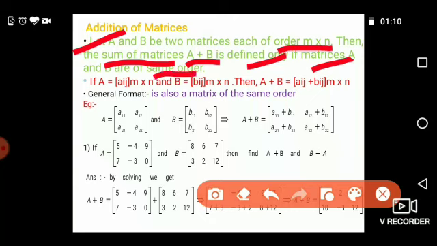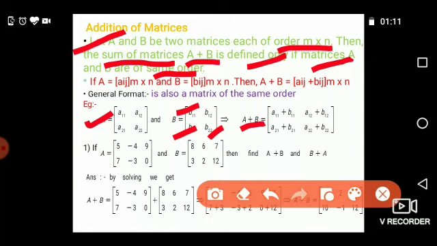Therefore, here is one general example. If A is a matrix having the elements A11, A12 and second row elements A21, A22, and B is another matrix having the elements B11, B12 and B21, B22. Since both matrices are of the same order 2 cross 2, the corresponding elements of the matrices will be